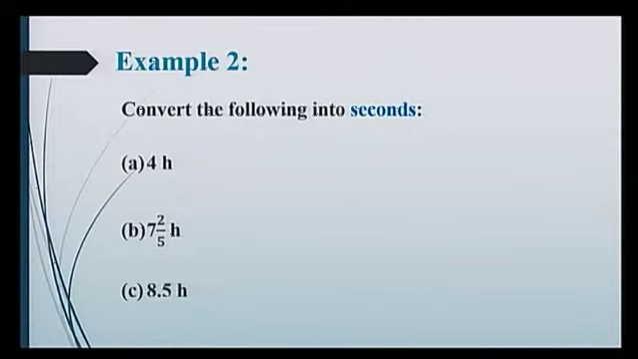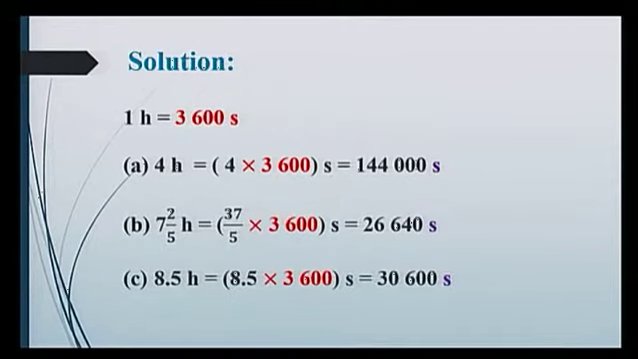Now we have a look at the second example. We are going to convert into seconds. So 4 hours, 7/5 hours, and 8.5 hours to be converted into seconds. So we have a look at the solution. Remember, 1 hour is equal to 3,600 seconds. So for 4 hours, I will have to multiply by 3,600 seconds, which gives me